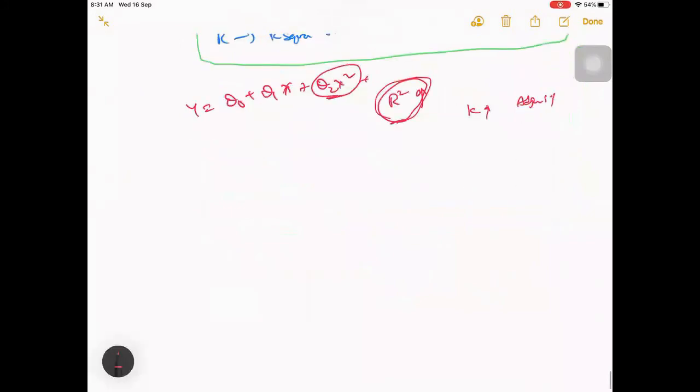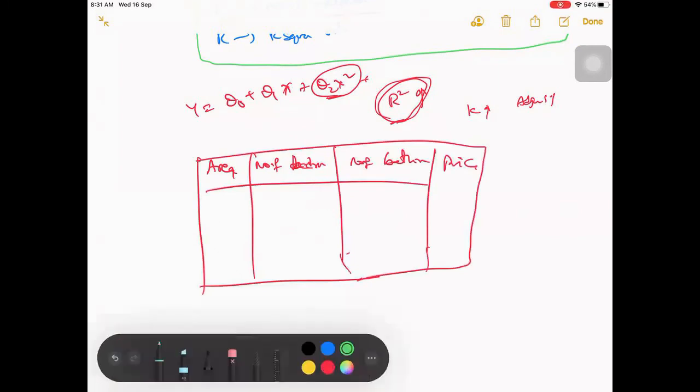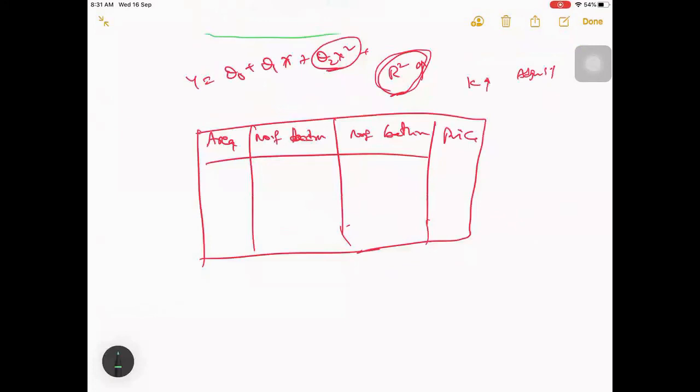So we are trying to predict house rent. Let's take the same example. We are taking area, number of bedrooms, number of bathrooms. Till now, we have taken these, and we are predicting the price. If you add a new variable, from this you got some R square value, and now I'm adding one more variable, locality. So do you think locality will actually depend on price? Yes, right.